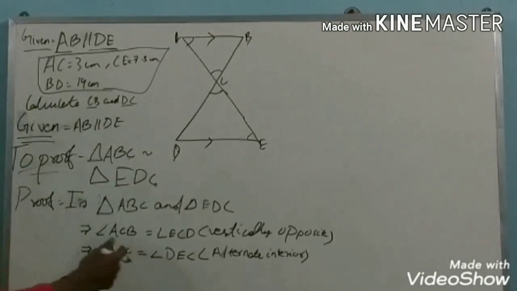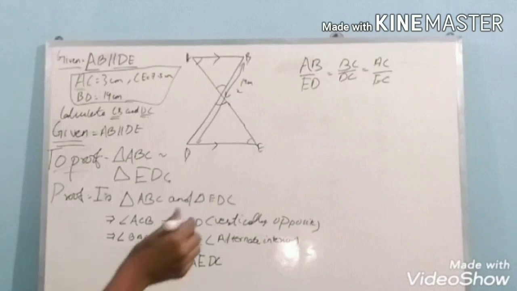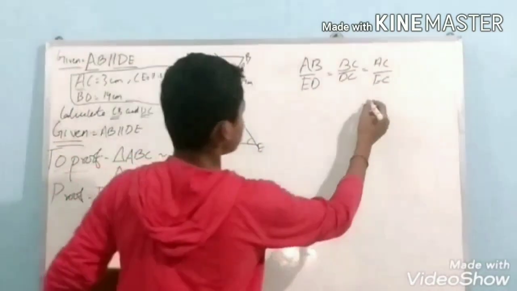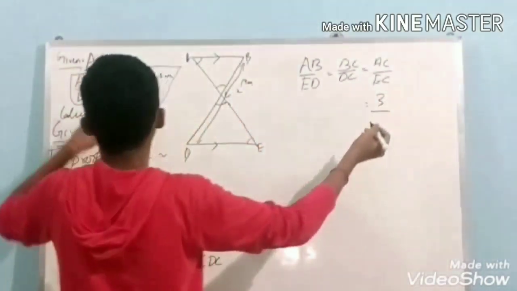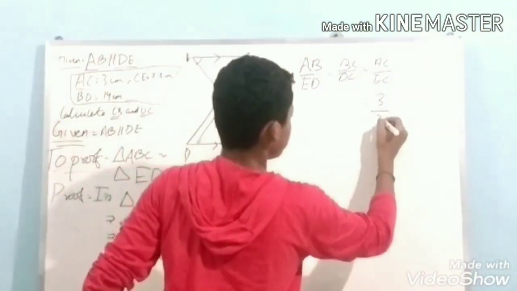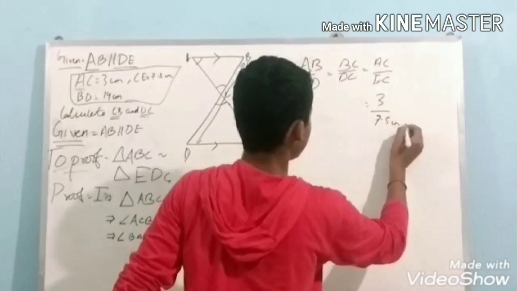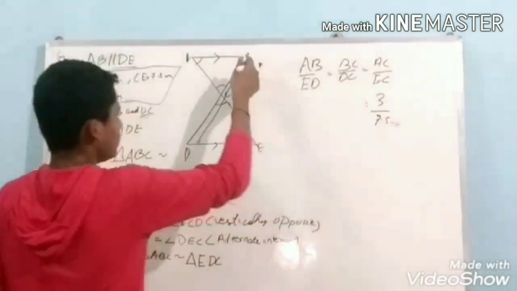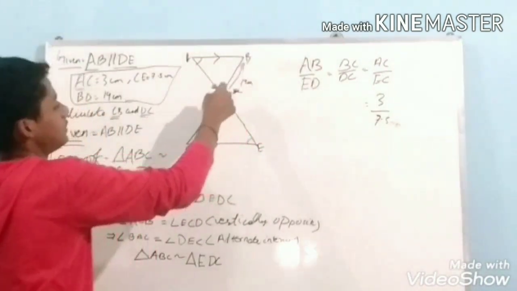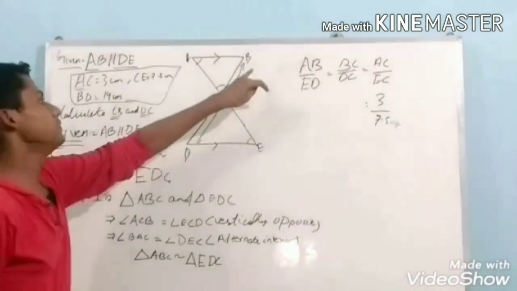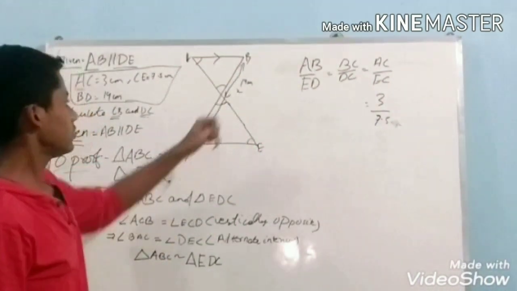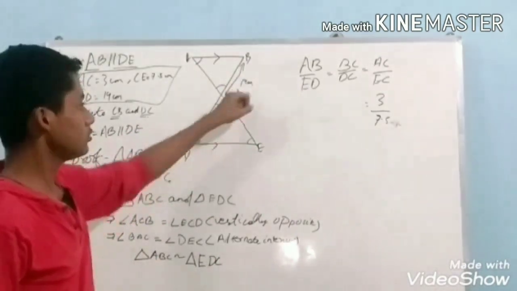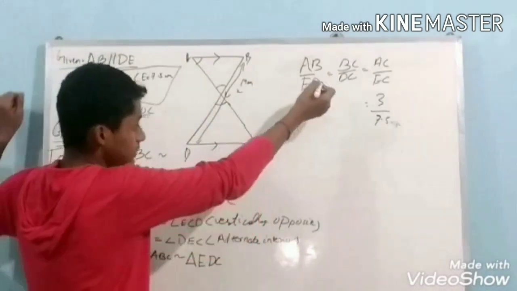So BC by DC is equal to AC by EC. How much is given? AC is 3 cm by EC. EC is how much? 7.5 cm. After calculation we will write centimeter. Okay. Then BC by DC. So BC by DC is not given in the question. The question has only given BD equals to 14. So BC equals to,